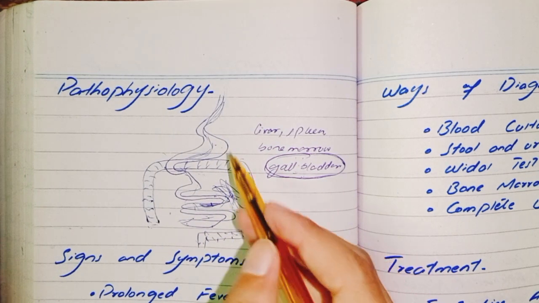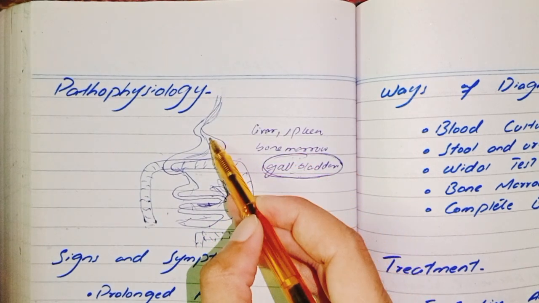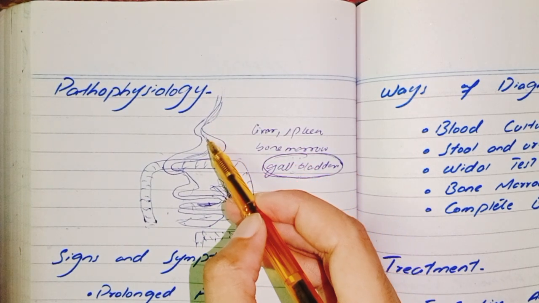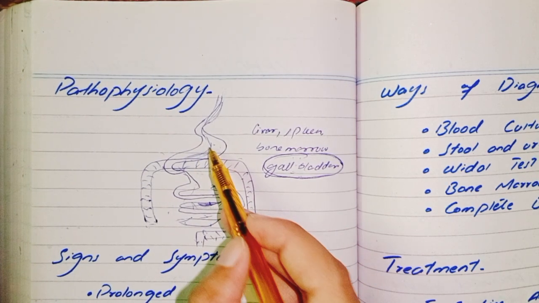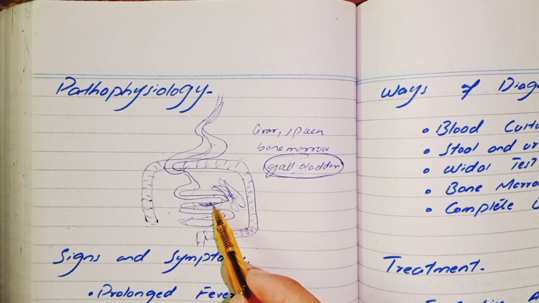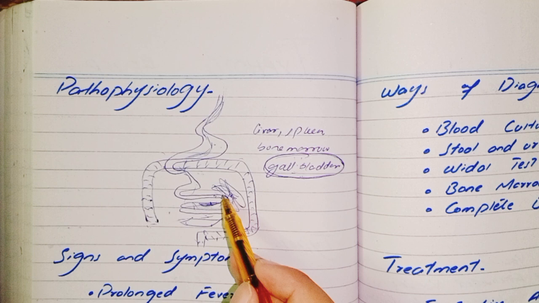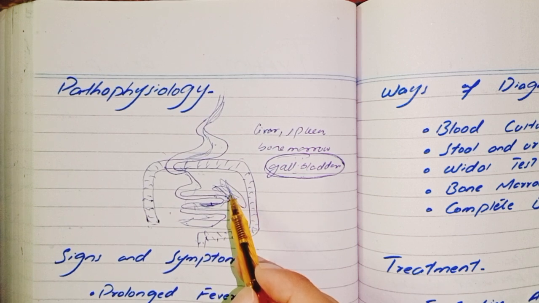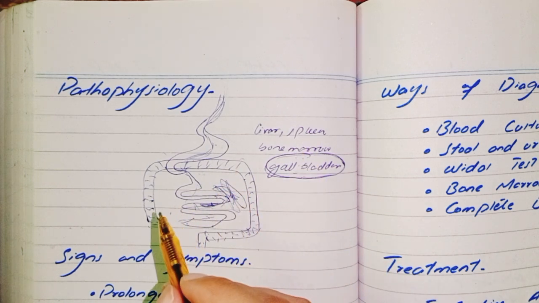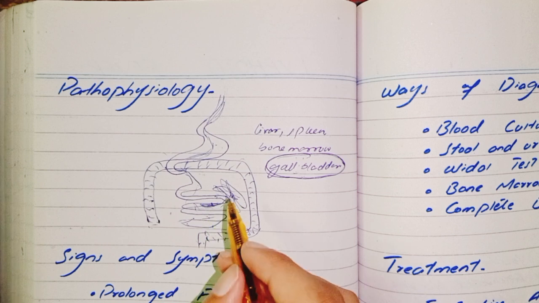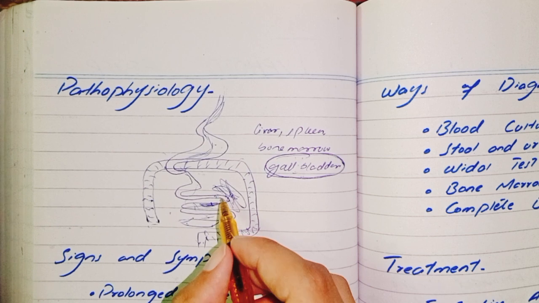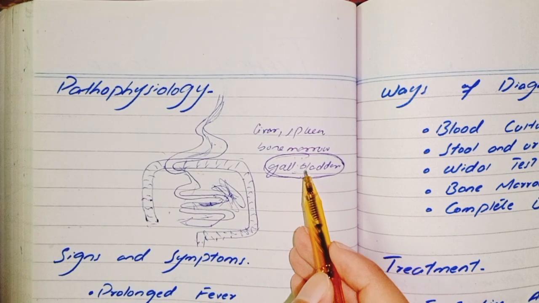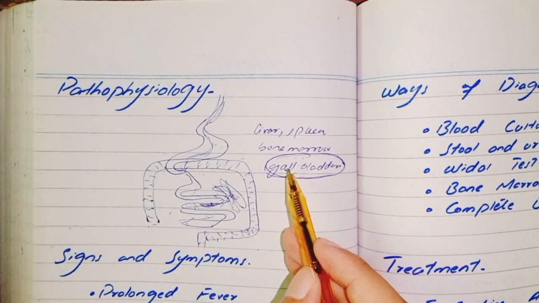I hope you understood what I am saying. As we eat contaminated food and water, the bacteria passes through our stomach and enters our intestine. It is not killed by the acidity of the stomach. From the intestine, it penetrates and enters our bloodstream, where it is phagocytosed by macrophages. It is not killed by the macrophages. It multiplies in the macrophages and again enters the bloodstream, causing further severity of the symptoms. And the gallbladder is the reservoir, as I mentioned.